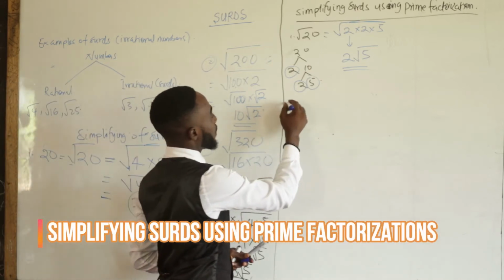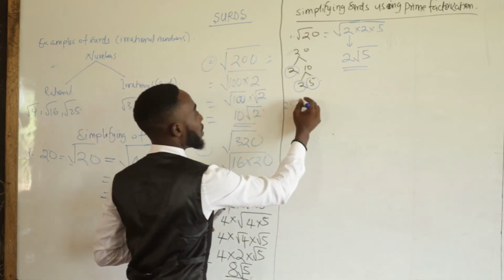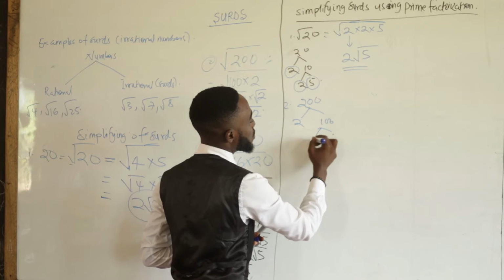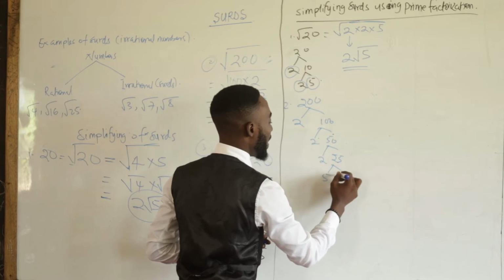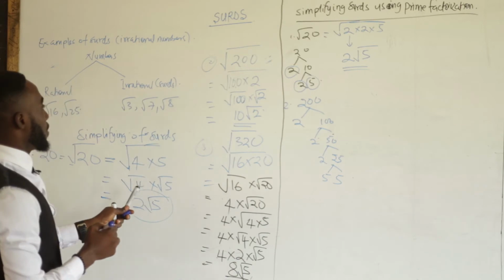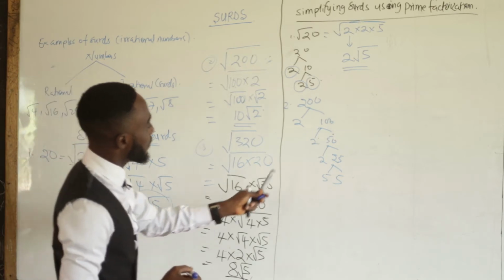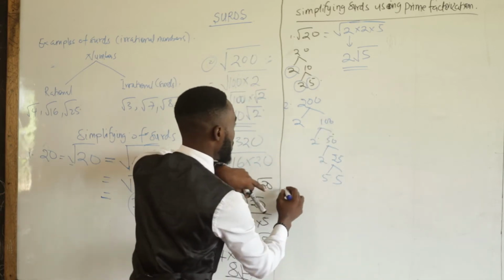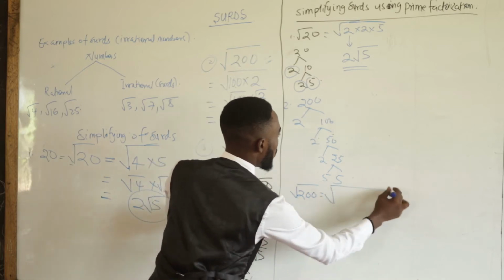Now let's try this for the other number, which is 200. I'm moving a little bit fast with this one. That will be 2 times 100, 2 times 50, 2 times 25, and then 5 times 5. So we would have root of 200 will now be equal to